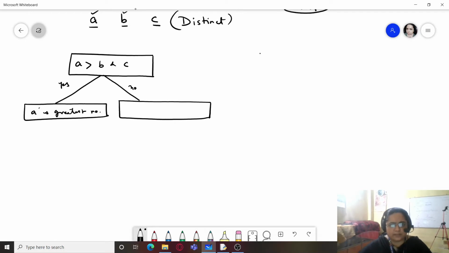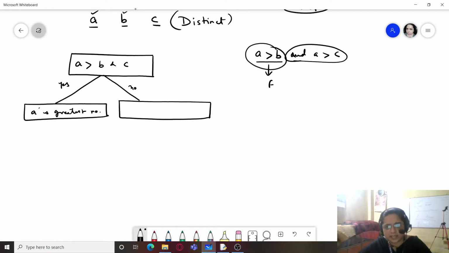You always know that when we write A greater than B and A greater than C, the moment the first condition is proved false, Python doesn't check the condition after the and. It only checks the first condition, and the first condition being false is enough for turning the entire expression false. So that is the reason why if this condition is false, it means that 100% it's the first condition which is false.